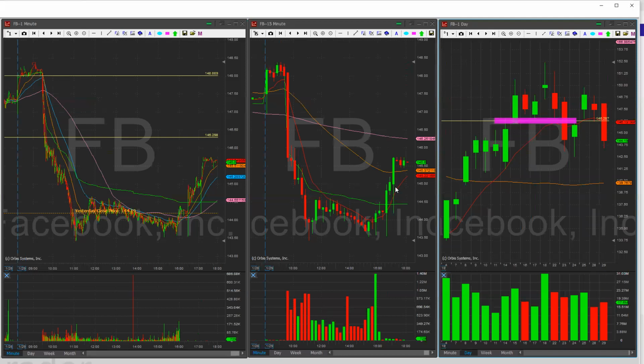Facebook is having earnings after hours today, so I do expect the stock to sell off a little bit before earnings. We have immediate support at 144, which is today's closing price. Today it had a little trouble regaining back 144 here late day. And during the lunchtime low, it held 144 as support. So eventually it finally snapped, came back up, couldn't get over, but then we had Apple earnings pushing it up,